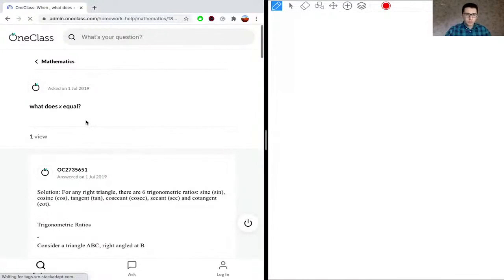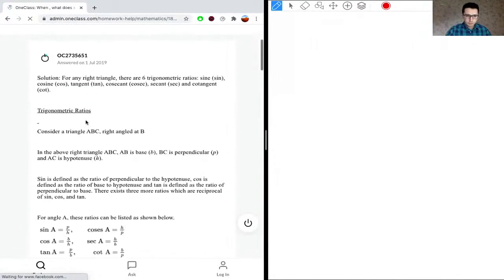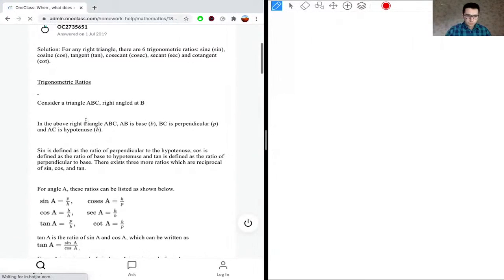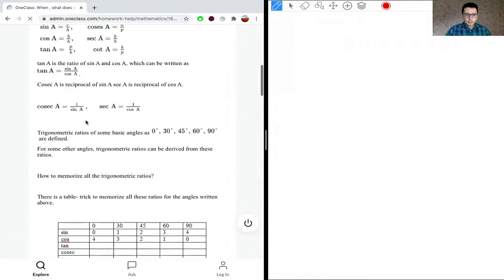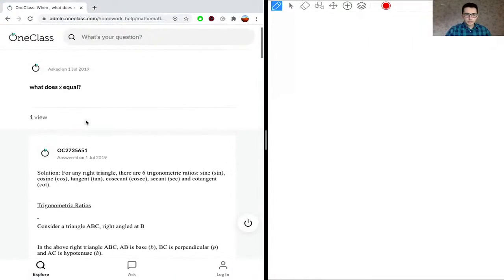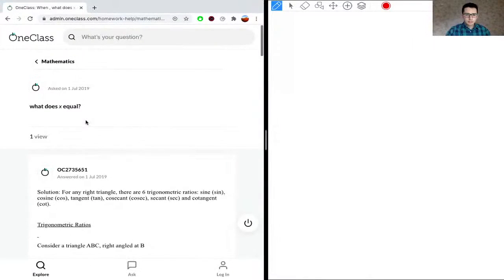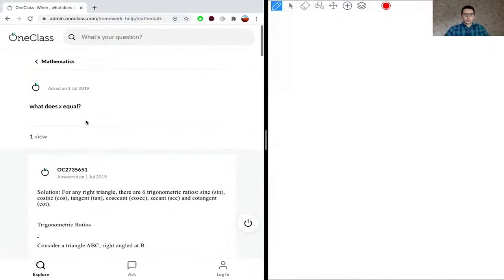So here we're asked, what does x equal? We're not given much information. So here the solution outlines trig ratios and angles for triangles. What we can do here is go over generally the fundamental trig ratios to know and the special triangles. So we know that we have